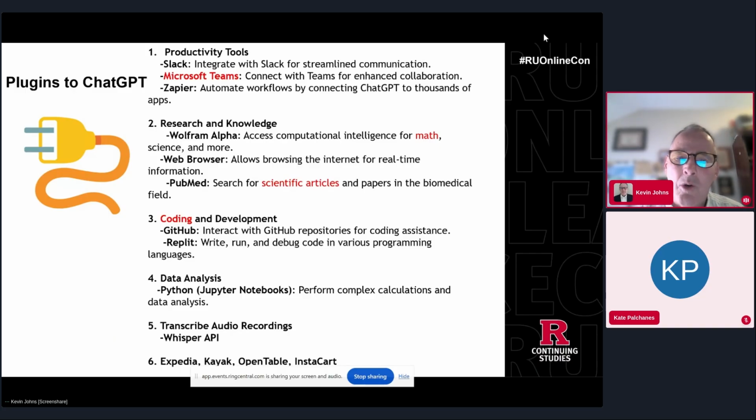So you can go on Expedia, access ChatGPT and start having a conversation about where you want to go for your next vacation. So you're going to see this in more consumer-oriented applications like Kayak, OpenTable, and Instacart. They're all expanding in terms of other applications and other consumer products that we're using today.